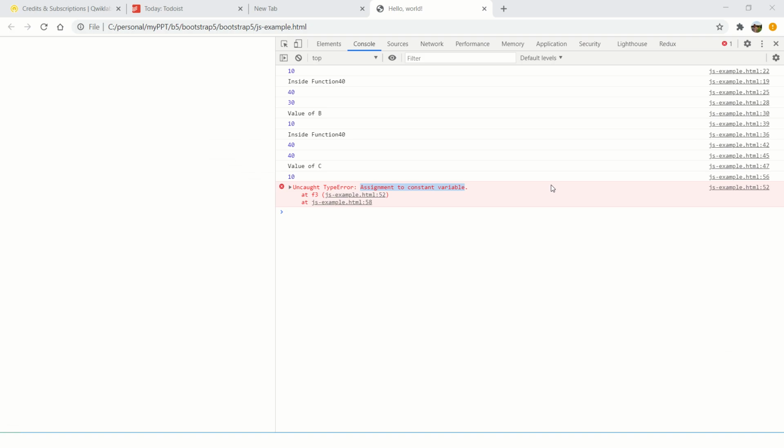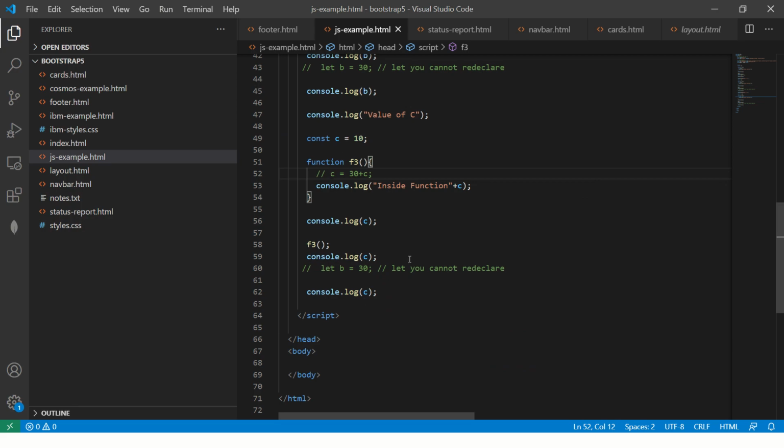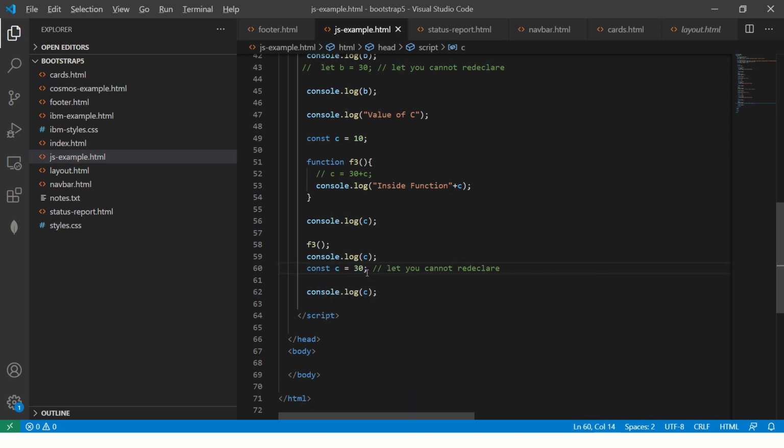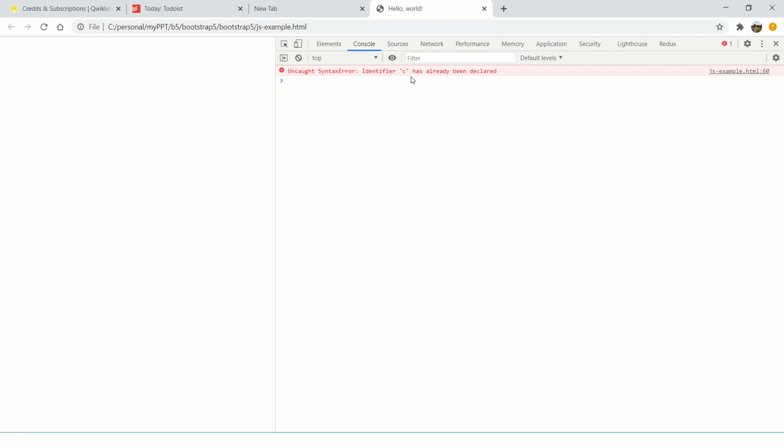So let's see, now we fixed one error, and we are able to do that. Now let's say I want to redeclare, it will again give me an error. Let's see, it will say C has already been declared because you cannot redeclare, you cannot reassign.